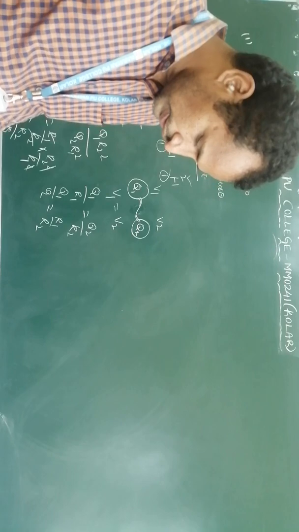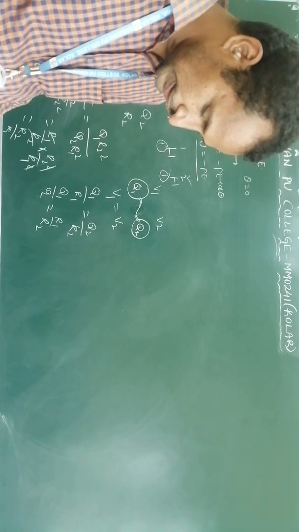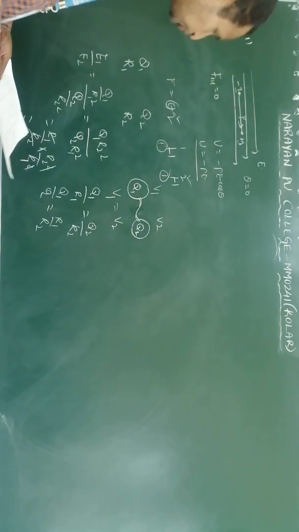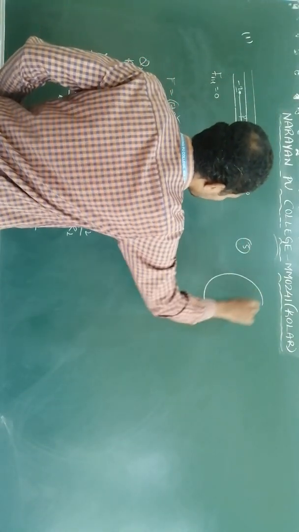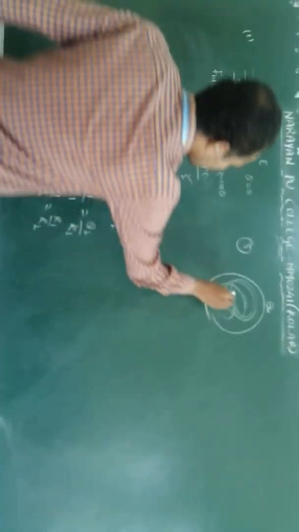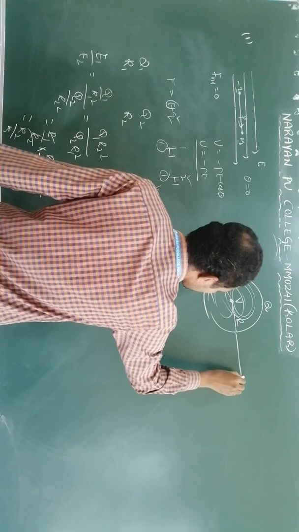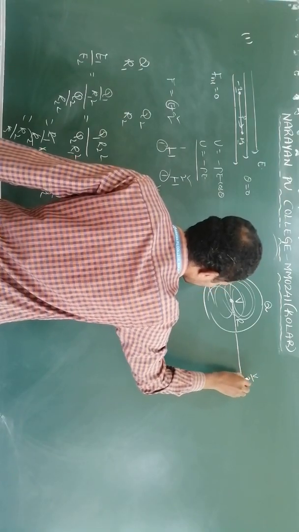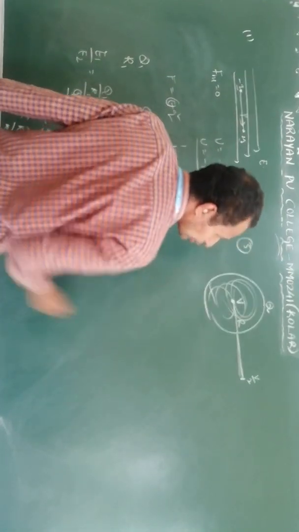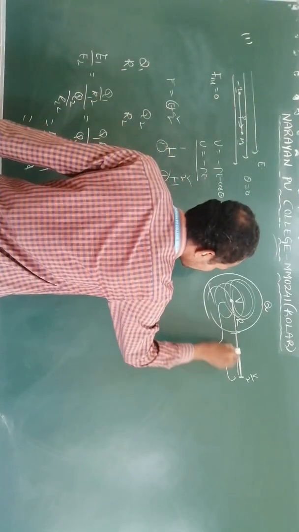Next, a solid sphere of radius R is charged uniformly. At what distance from the surface is the potential half of the potential at the center? This is also an important model question. Fifth one. Not a hollow sphere, this is a solid sphere, which has a charge Q. Take its radius R. At the center take the potential V. From the surface, at a point where the potential will become V by 2. So they are asking for this distance. If you take it from the center, take it x, and we require this one.